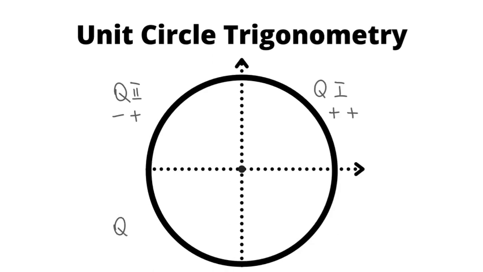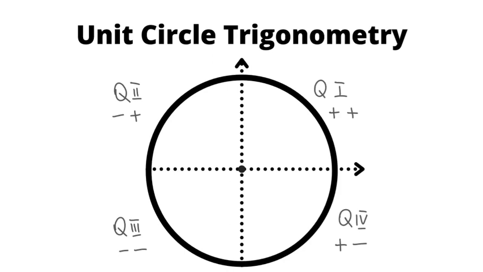Quadrant 3. Both axes are negative. Quadrant 4. X is positive, y is negative. Why is that important? That is important because we can find ratios, trigonometric ratios for our angle within each unit